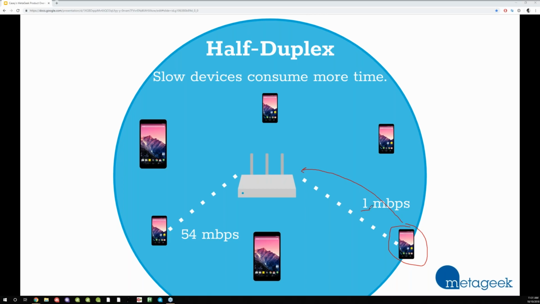So 1 megabit per second is still okay on this network, and it's acknowledging. Let's say you're trying to stream a video or something like that, and this is just super slow. And the sad thing is, all these other devices are closer to the access point and getting higher data rates, but they still have to wait their turn to talk. They're still waiting for this device over here on the fringe of the network to finish its conversation